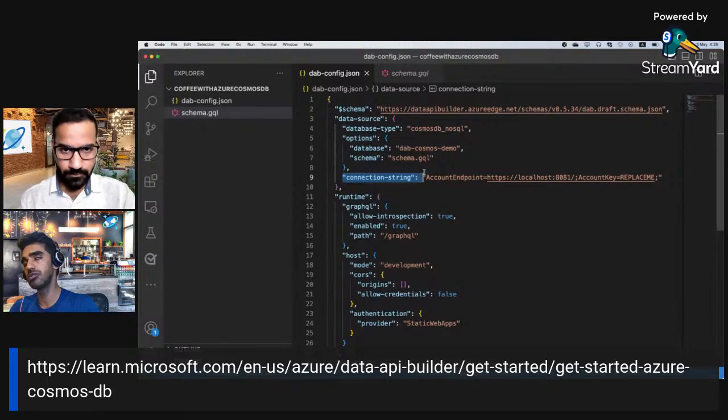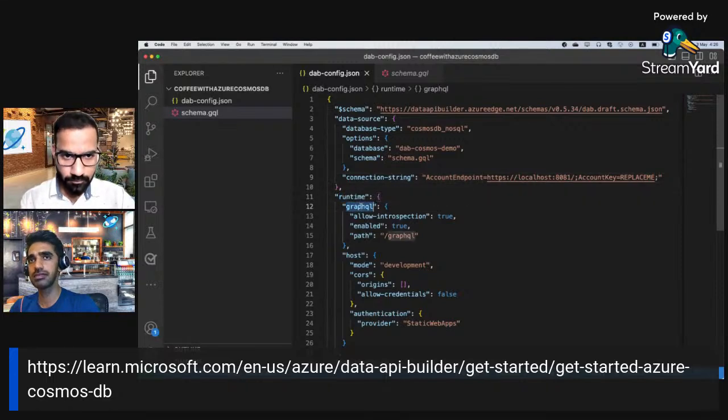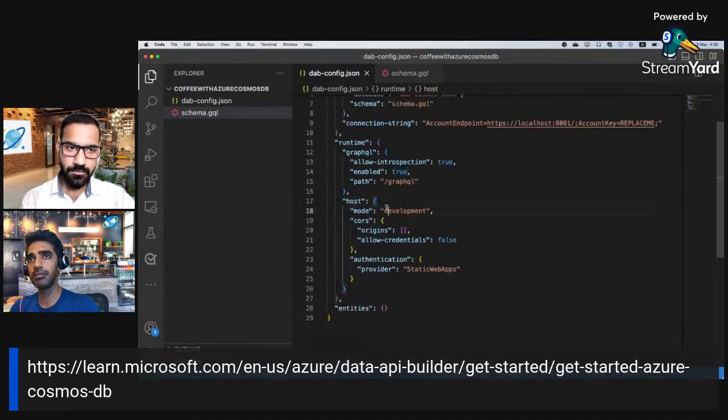We recommend using the environment variable here, but since it's a demo, I'm just going to replace it. Then you can do some developer settings, such as enable the GraphQL path, or if you want to enable only GraphQL, you can enable that and disable the REST. And if you enable the development mode, then you have the capability to get an IDE to play with the GraphQL endpoint. I will show a quick demo on that, and then the authentication.